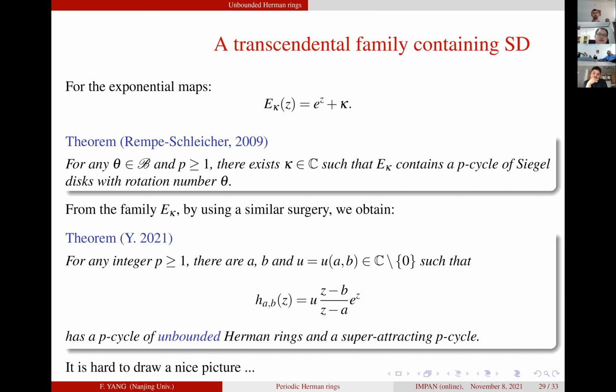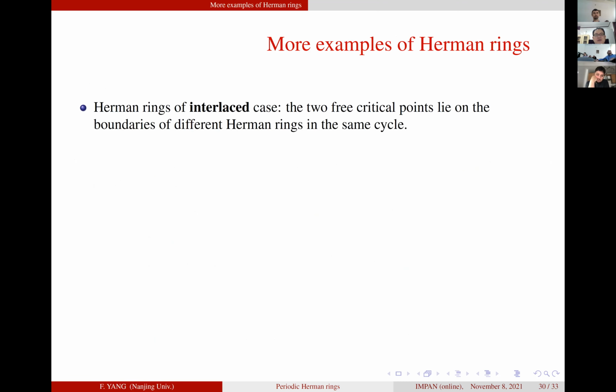But in our case, if the Siegel disk and Herman rings are bounded, then the picture is easy to draw. Now we can show some more examples of Herman rings. The first is the Herman rings of internest case. What does it mean? It means the three critical points lie on the boundary of different Herman rings in the same cycle. Suppose the Herman rings have